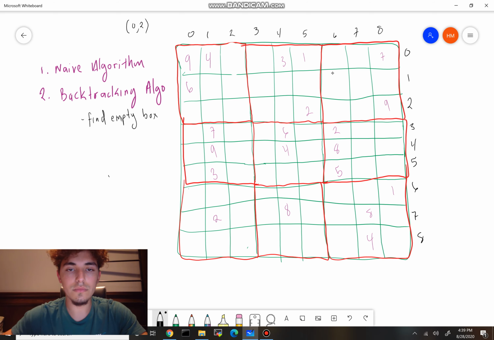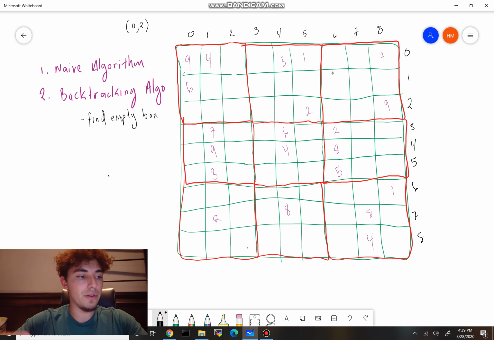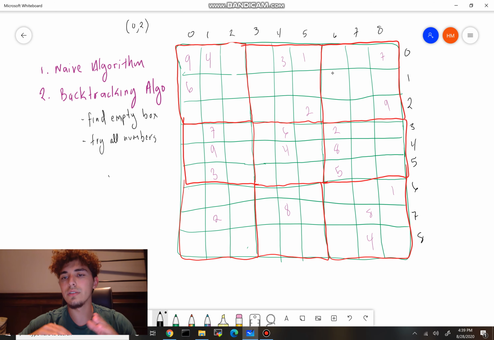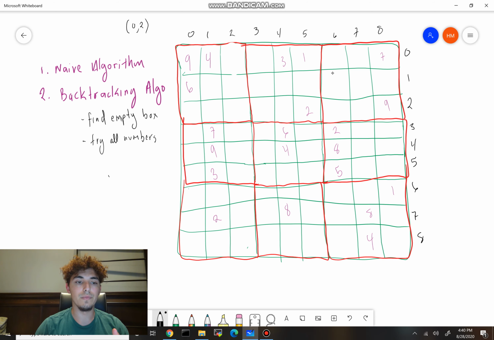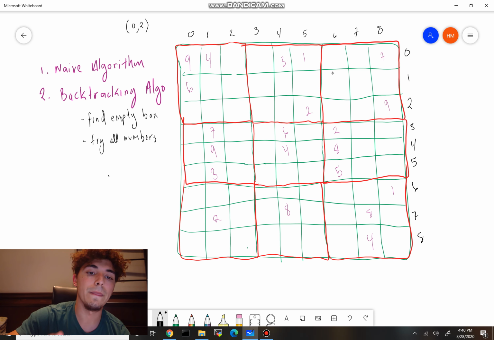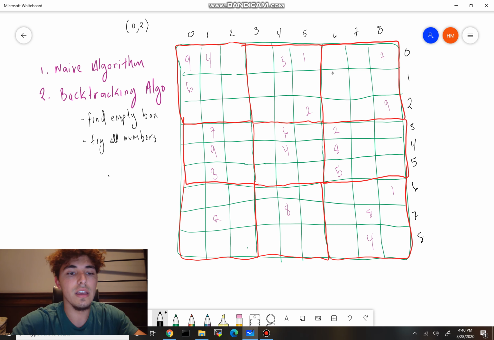Okay, so once we find our empty box, what we want to do is try all possible numbers. Now I know this sounds like we're doing it the naive way, but eventually when we run into a row configuration that doesn't work, we're going to be inserting this backtracking algorithm, and we'll get there. I'm also going to walk through an example with you all so you can see exactly how it actually works in the back. Okay, so find an empty box, then you try all numbers,